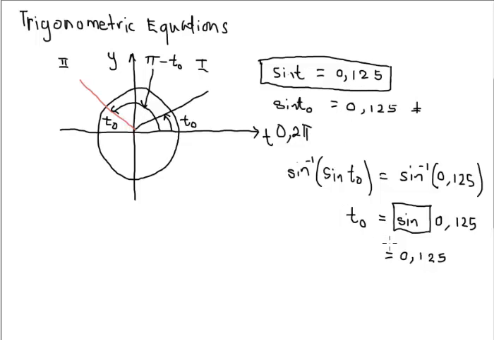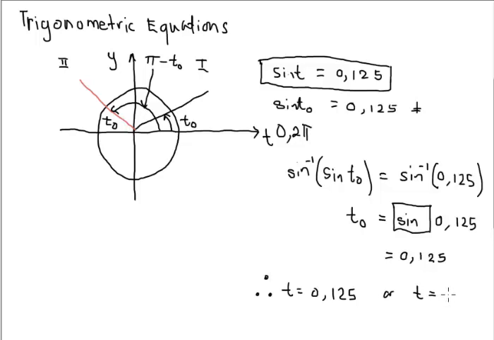So now we get that T0 being that. That is a reference angle. Now we come to the solution. I've already given the structure of the solution. One solution is T0 and the other one is that, isn't it? Then I'm going to write here. Therefore, T is equal to 0,125 or T is equal to,